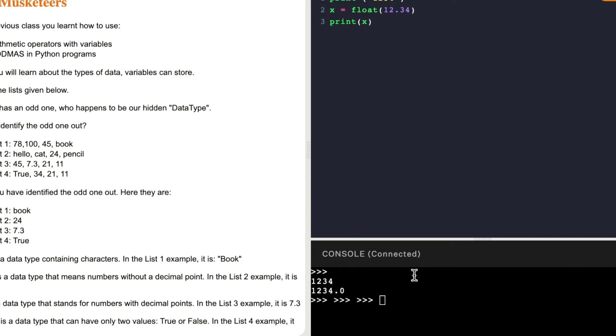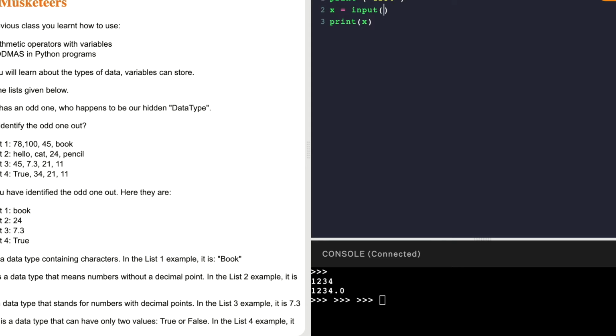Now guys, the last important thing we are going to discuss today is about taking user inputs to store values in a variable. Now suppose you've been given a coding situation where you don't know the value you have to store in a variable, and the user has to decide it. So suppose you have to take a string value from the user. You know that whenever you're taking a string value, you don't write the word string, you straight away start with the kind of whatever you need to write. So I'll simply write input, because we need to take an input from the user, bracket, double quotes, or single quotes also you can use. Now this is your choice.